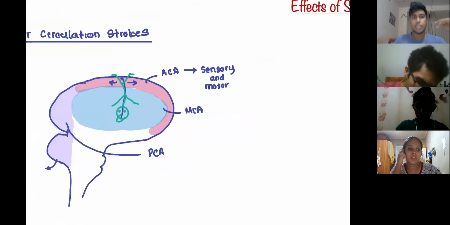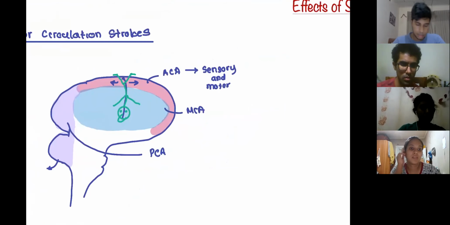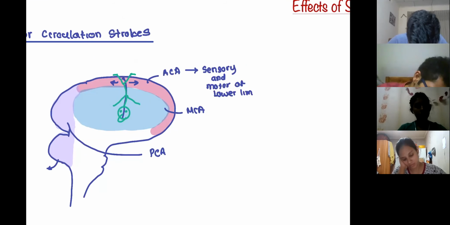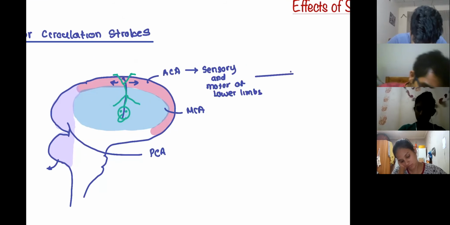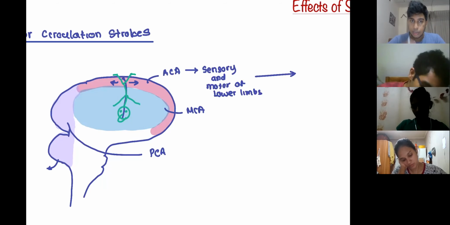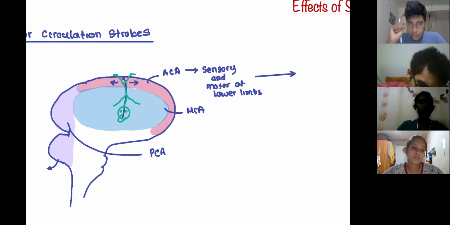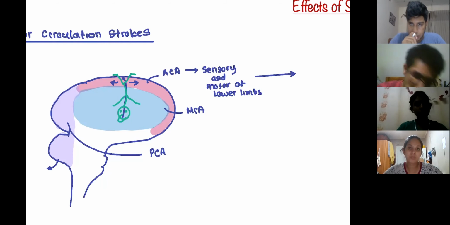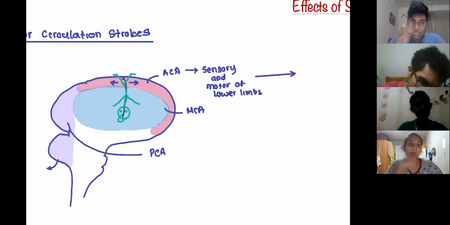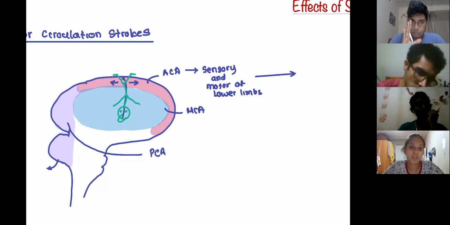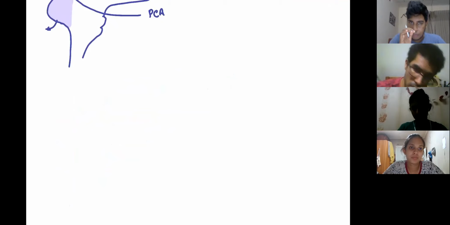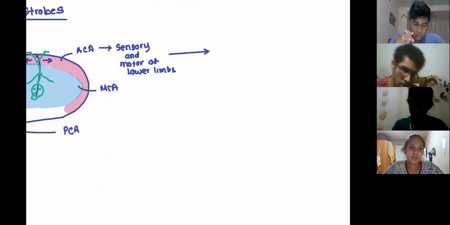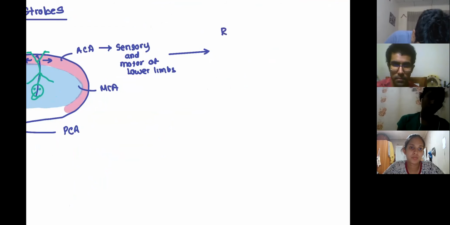In the body, which area is going to be? Lower limbs. Yes. Lower limbs. And remember, I hope you guys know, I have told the people who have done the lectures before with me, I have still not told you a situation where you get ipsilateral, same side damage. Today is the only place where you will learn the ipsilateral damage thing. Over here also, if the right side is affected,